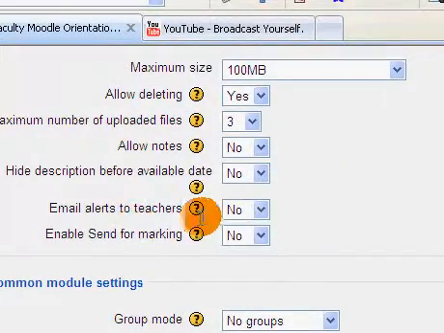Email alerts to teachers. This means every time someone was to upload an assignment, you would get an email alert notifying you of that. Enable send for marking. This is a matter of